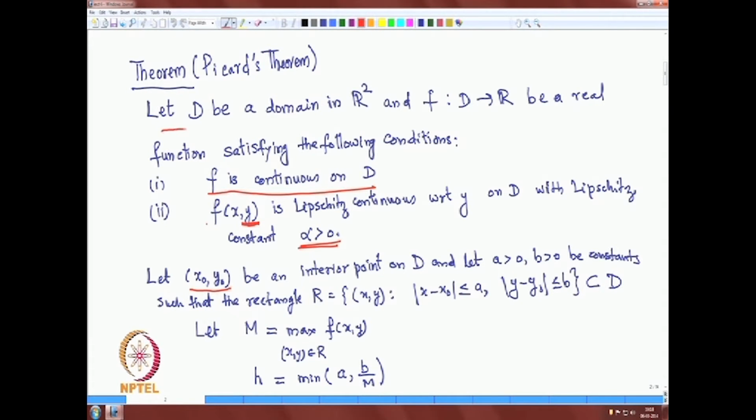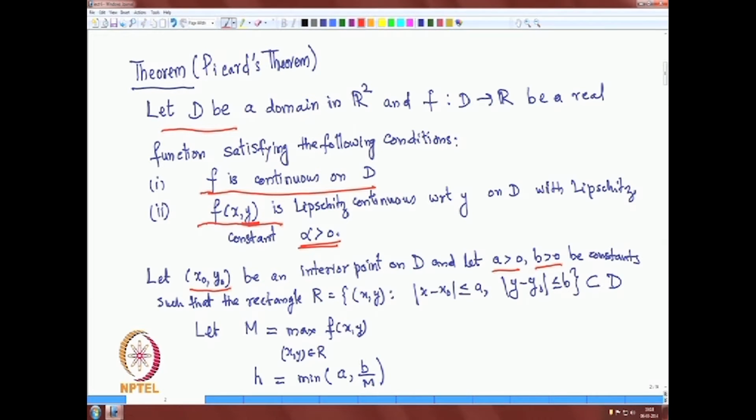Let D be a domain in R2 and f is a function from D to R, a real valued function satisfying the following conditions. f is continuous on D and f(x, y) is Lipschitz continuous with respect to y with a Lipschitz constant alpha greater than 0, and (x0, y0), the initial point of the initial value problem, is assumed to be an interior point in the domain D, and we take 2 constants a greater